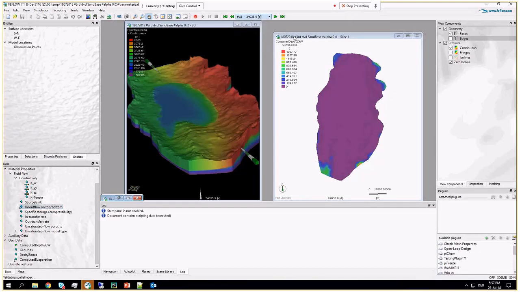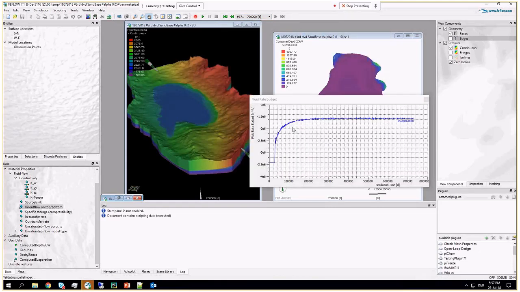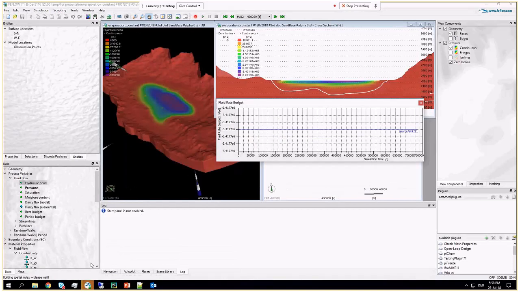There is not much time. Okay, this is my last condition here after multiple years of run. I want to check the fluid rate budget, and this is my evaporation. At the beginning, we have a more or less constant evaporation because we have high pressure in the system. The water level is almost touching the topography. Then there is a decrease of the phreatic surface, and there is also a decrease of my outflow, until there is a certain equilibrium. If you remember, if we go back to the case,